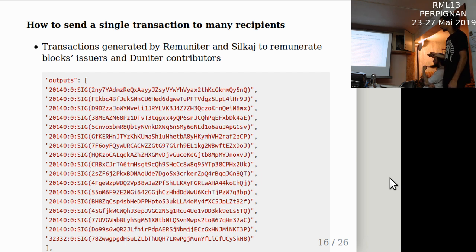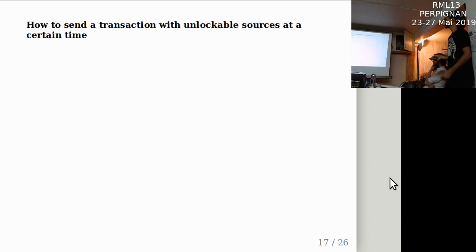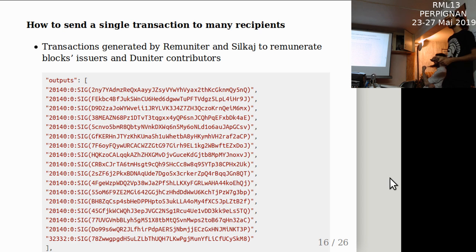Here's my pubkey, and this is the whole transaction block, and in the output we specify all the pubkeys, and you can see at the end the issuers, the Duniter pubkey of the project. Is there a limit on the output? Good question. I don't know.